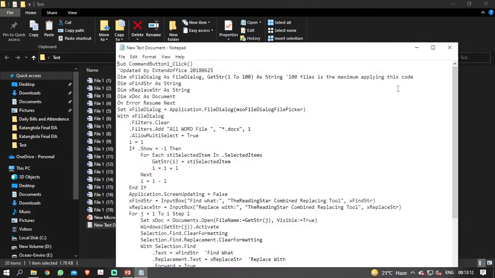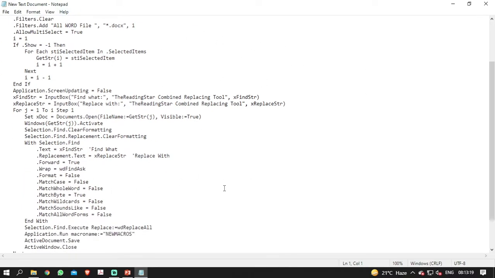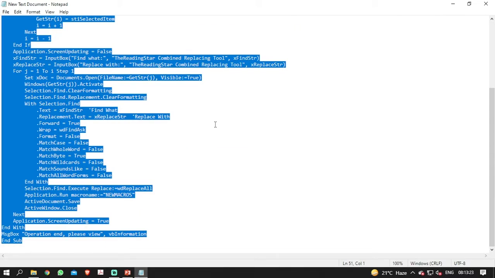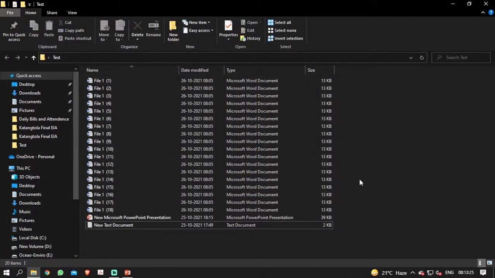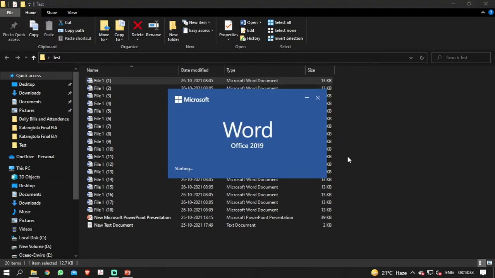And you can find this code down in the description. Just download the notepad file and copy the code. Okay, Control A and just copy the code, and you can close this up. Now you can open any of these files. Let us say that I open file number 1, and